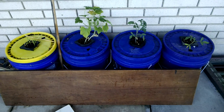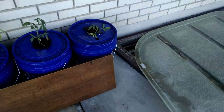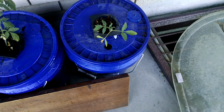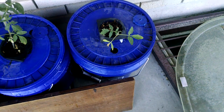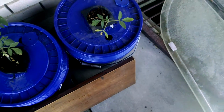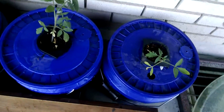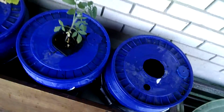But these others were struggling. That one on the end looked like it was completely dead last week. And it didn't, I mean, the water was still there. It had roots down in the water. No problems. Okay, now if you look at these roots, I don't know if you can even see it, you